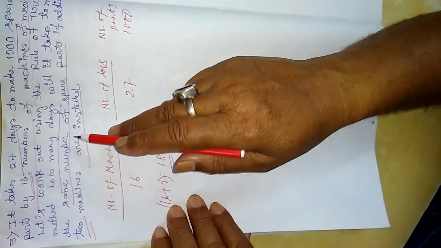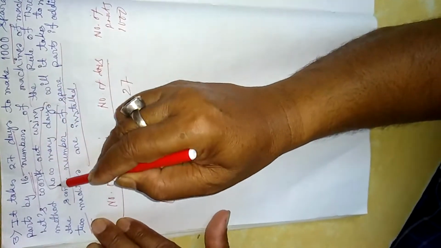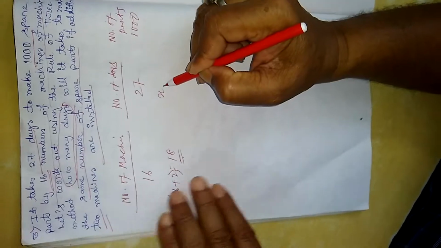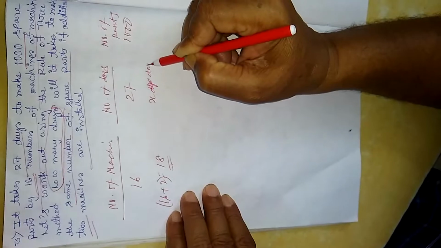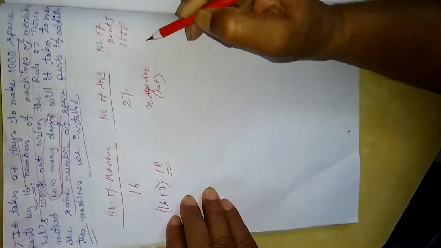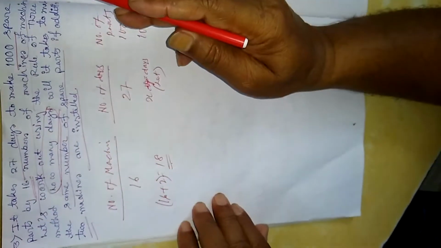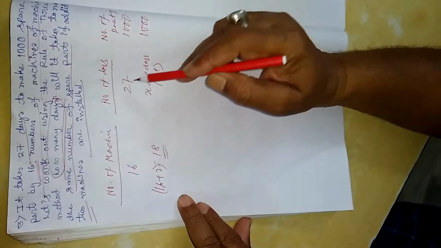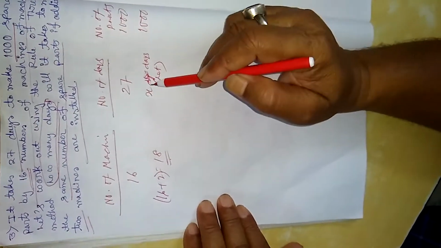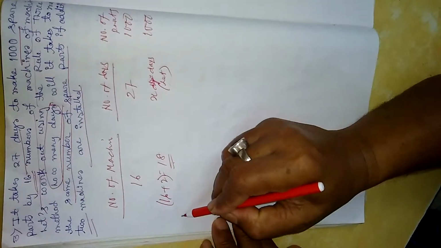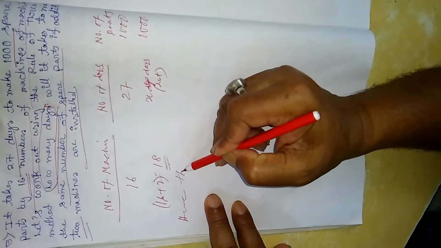In how many days will it take to make the same number of spare parts? That is the vital point. How many days? That is what is asked. X days. And that is 1000, the same number of spare parts. Here in this position the unknown is X. So for days and machines, here there is